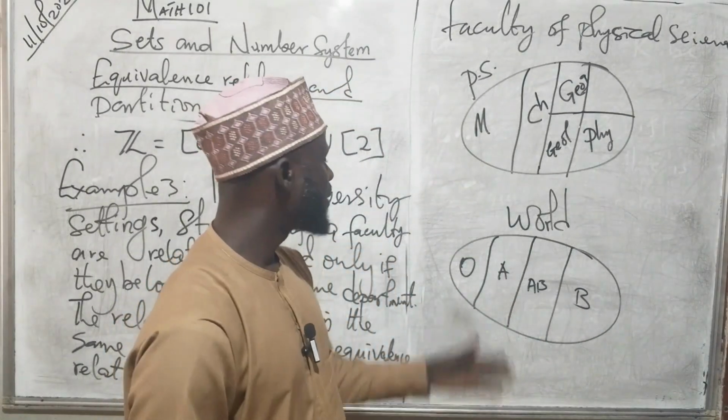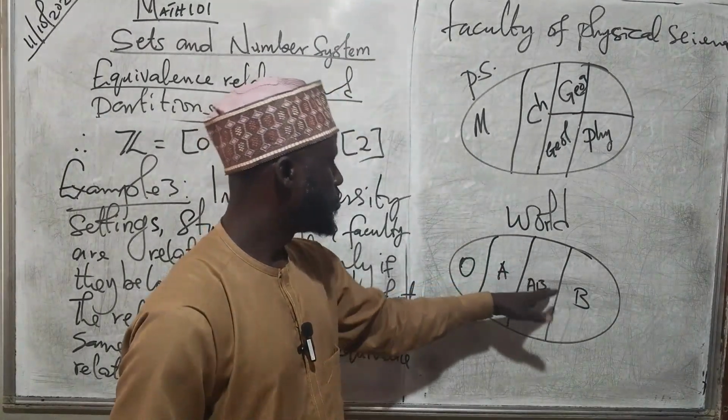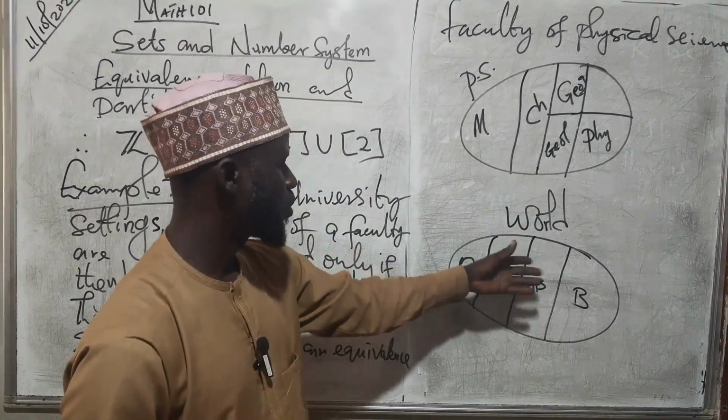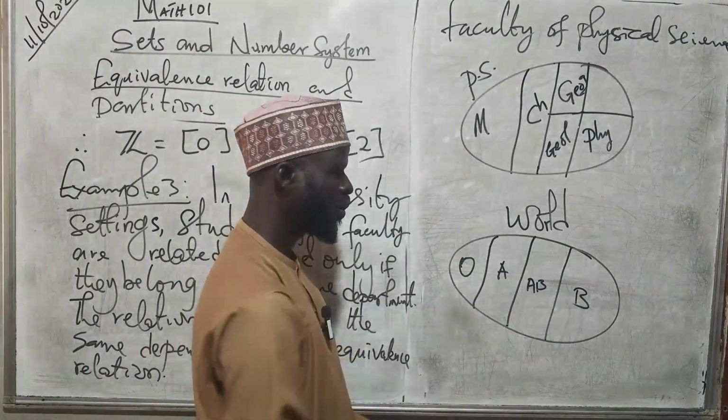It doesn't matter whether we have O positive, O negative, B positive, B negative, A negative, and so AB positive, AB negative. But this has partitioned the whole world into equivalence classes, where